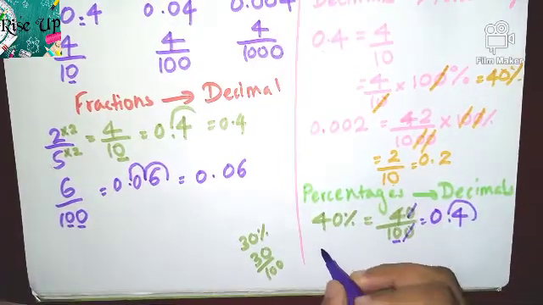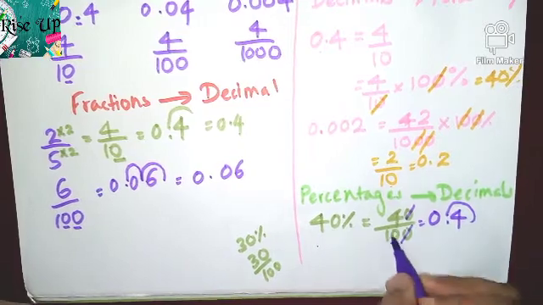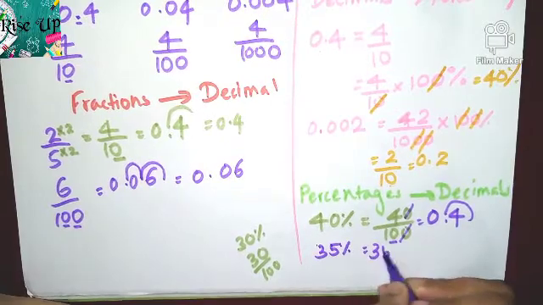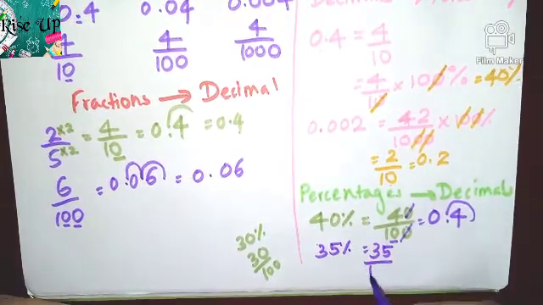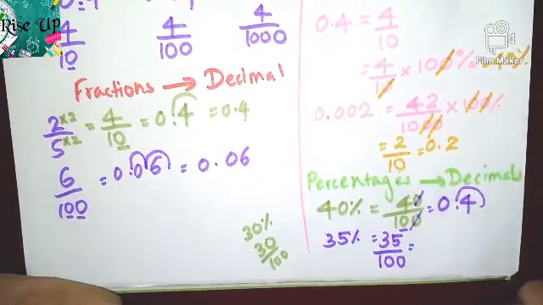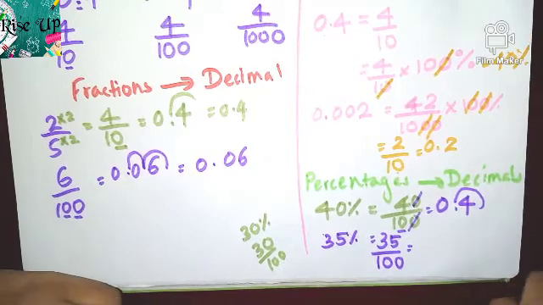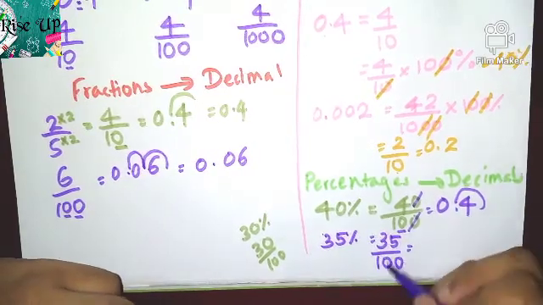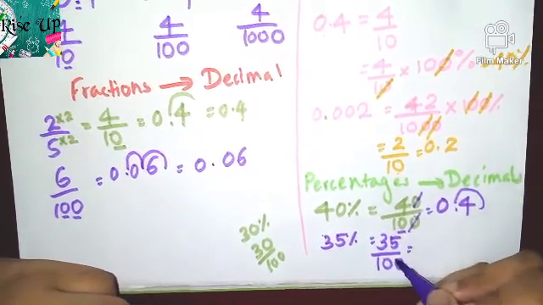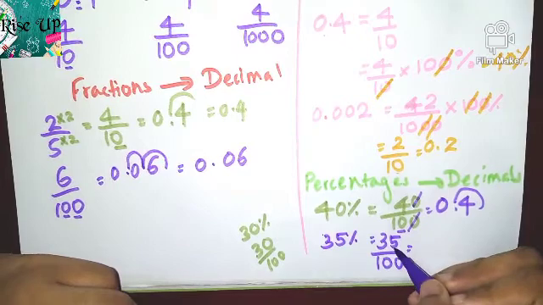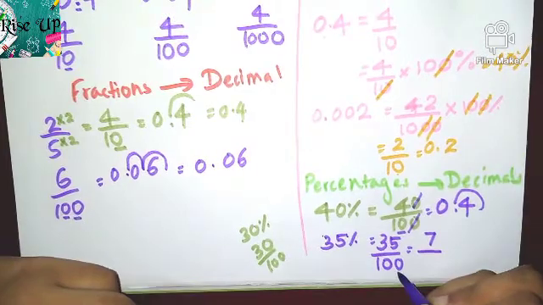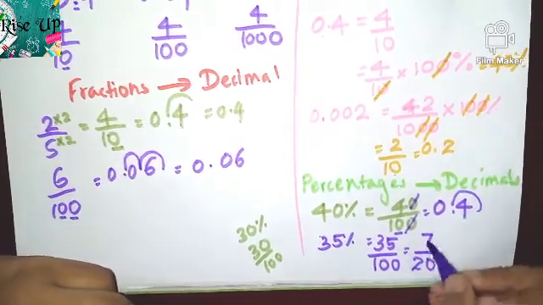Similarly, percentages are always out of 100. So if I take 35%, you can write it as 35 out of 100. Now we can't cut zeros, but you have to know the multiplication tables. I know grade 5s are always aware of multiplication tables. So through the multiplication table we can cancel. How? Both these numbers are divisible by 5. 5 times what gives 35? 5 times 7. 5 times what gives 100? 5 times 20. So you get the fraction 7 upon 20.